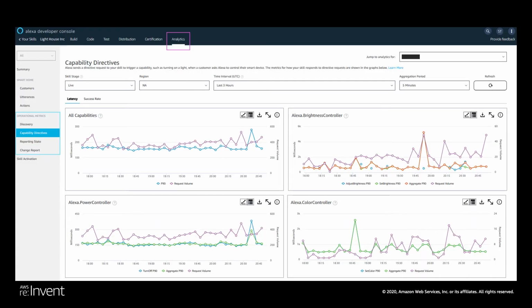So on the Analytics tab of the Alexa Developer Console, Lighthouse Inc. will be able to see a summary of metrics that includes number of utterances, number of customers, and actions that have been taken on their skill. They will also see an operational metrics section for smart home skills. To see how Lighthouse Inc.'s skill is performing, we're going to take a deeper look at these operational metrics for